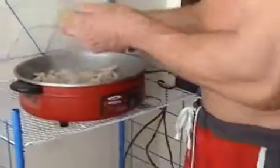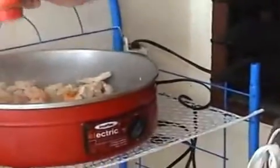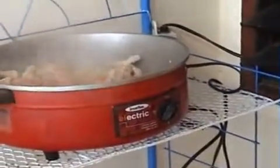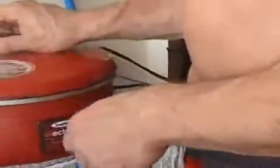Okay. On this one now, throw in some garlic. I quite like garlic. Your freshly ground chilies. It's not too hot, this one. Alright, now while that's cooking,